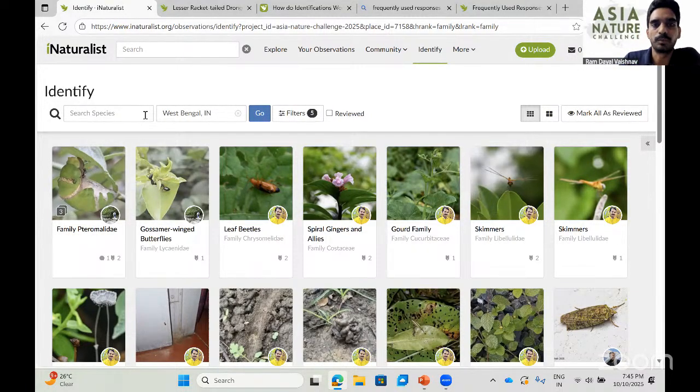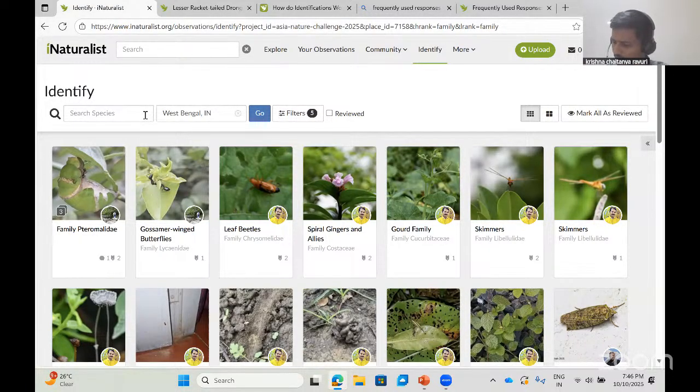Yeah. So let's open for questions now and see if anyone wants to ask anything. Usha is asking, how do I delete an observation mistakenly added to ANC but was of a previous date? You can simply go back to your observations and edit them, and mention the correct date there.